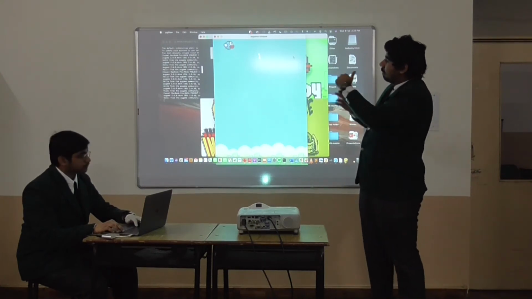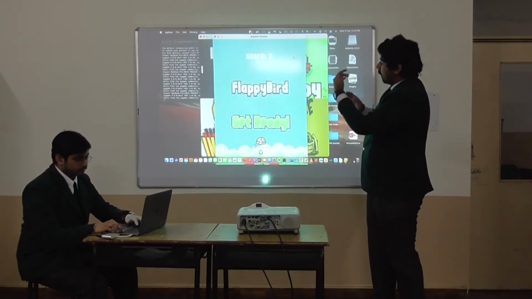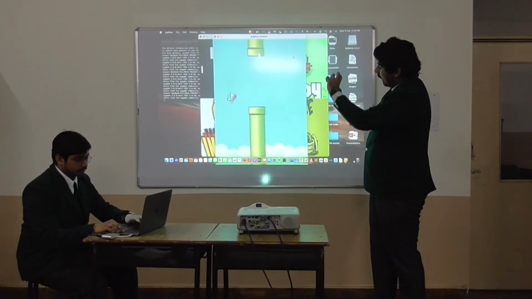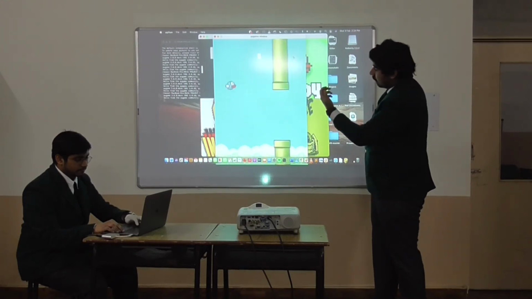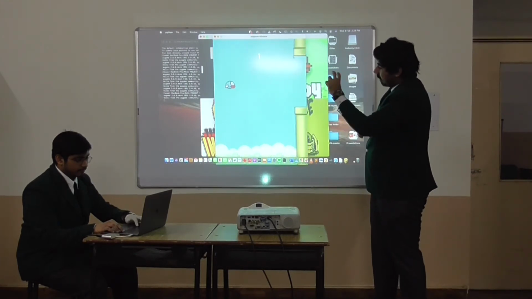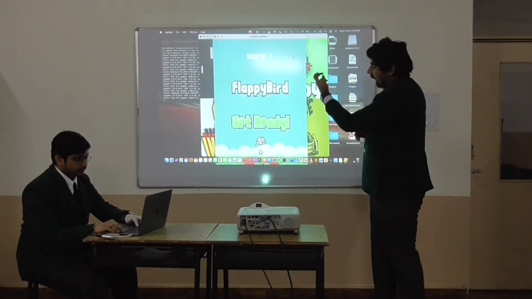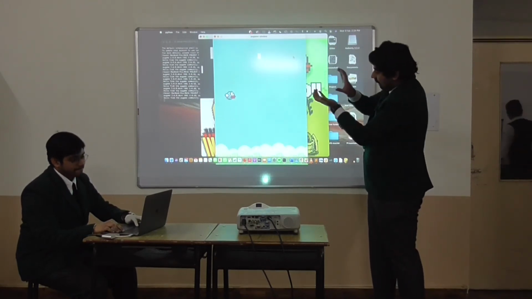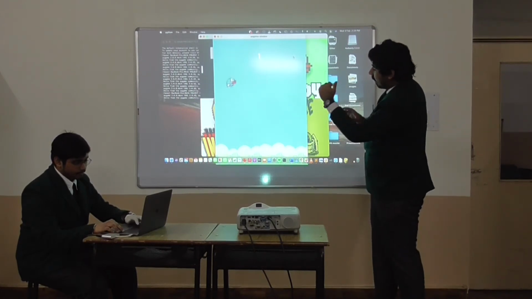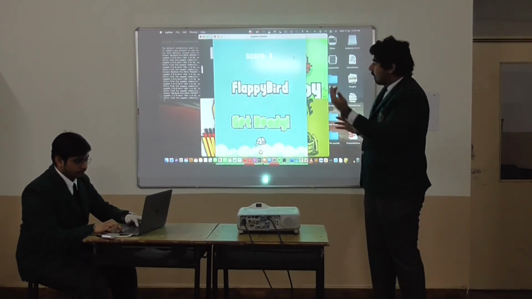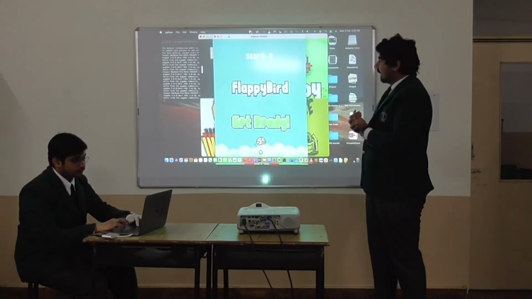Here we have to help this bird maneuver through the pipes, and each object that appears on the screen is a rectangle, and the pygame module recognizes when one rectangle collides with another. As a result, it recognizes when the bird passes through a pipe or when it crashes into it. Then the next game we have